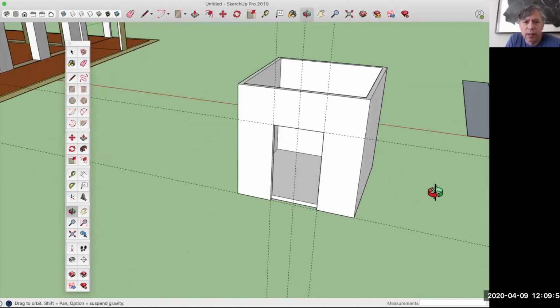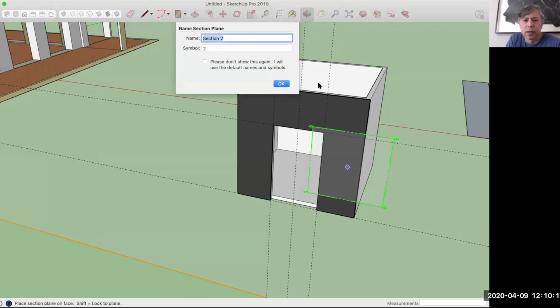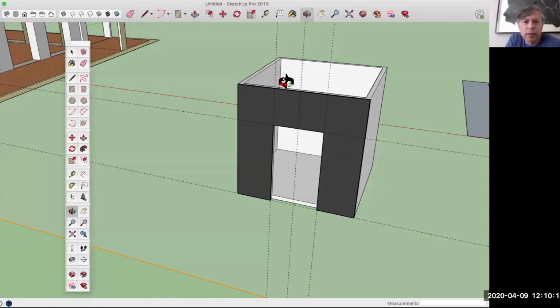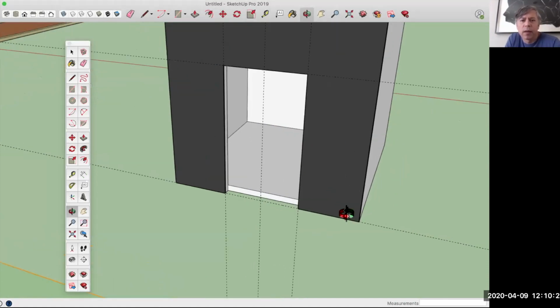we can use the section plane tool, and we can place it on any wall, any of these walls. Let's click this one. We do not want to title it. Okay. And now we have a section plane